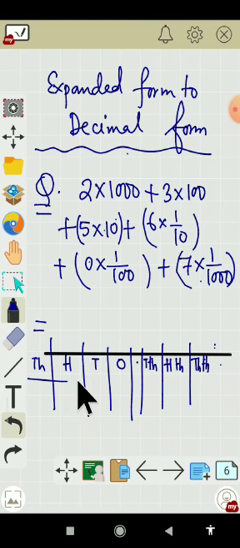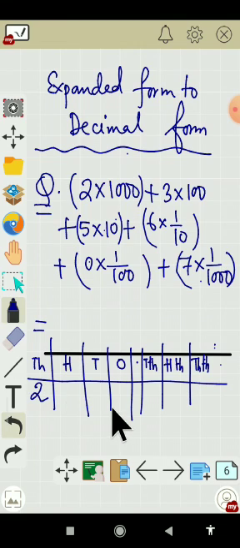So now put the number in decimal form according to the expanded form. So 2 into 1000, that means 2 will be in the thousands place, and 3 into 100, that means 3 will be in the hundreds place. 5 into 10, that means 5 will be in the tens place. Here